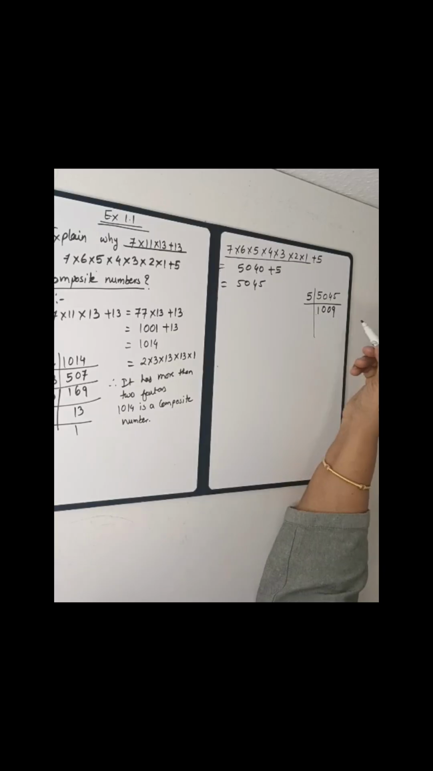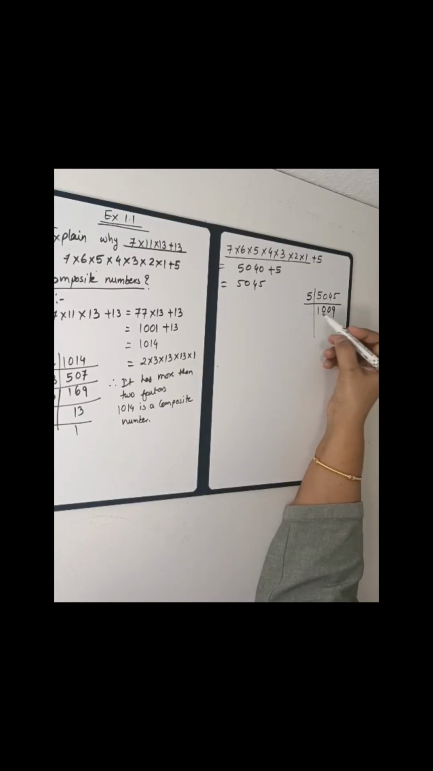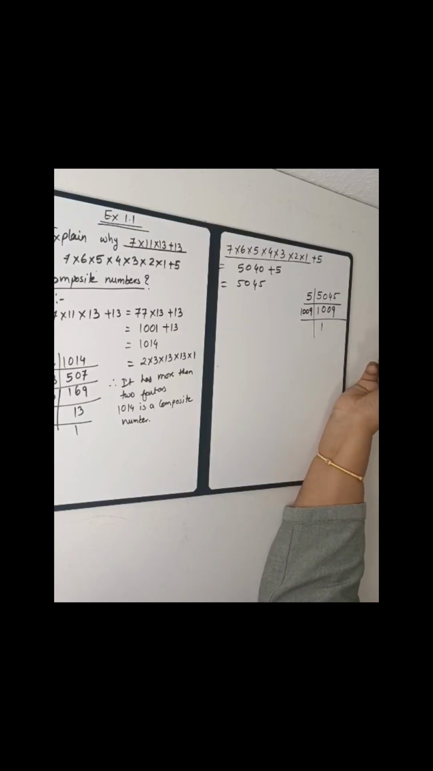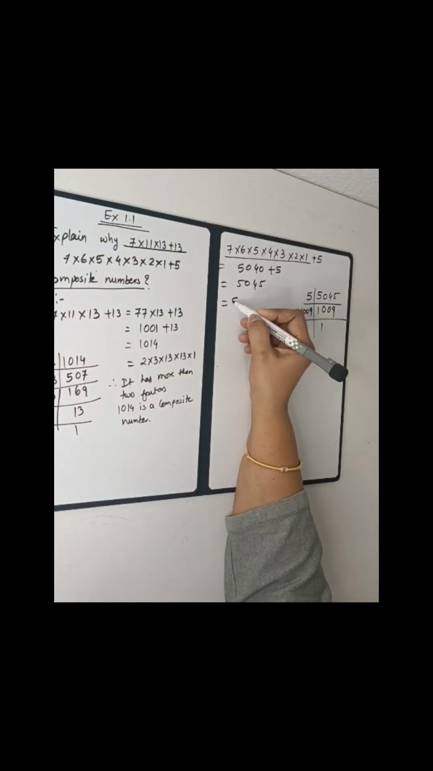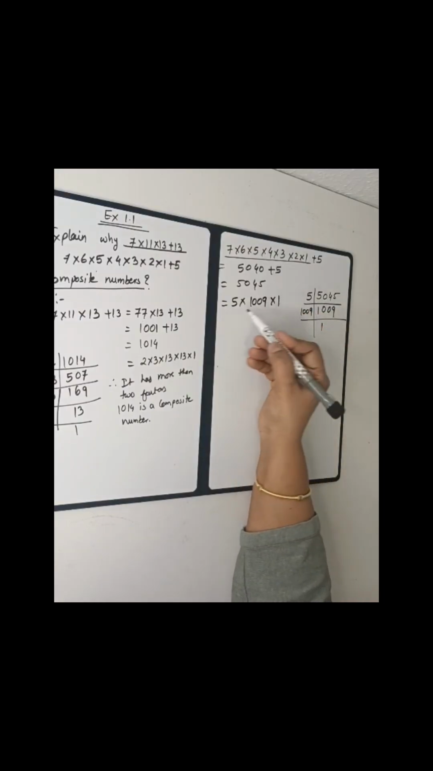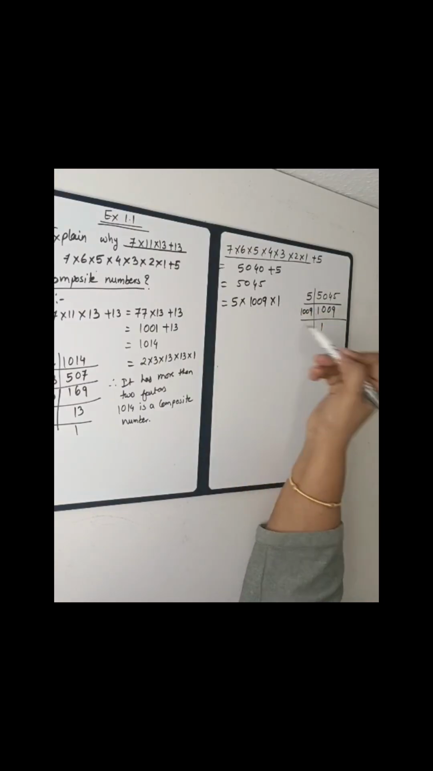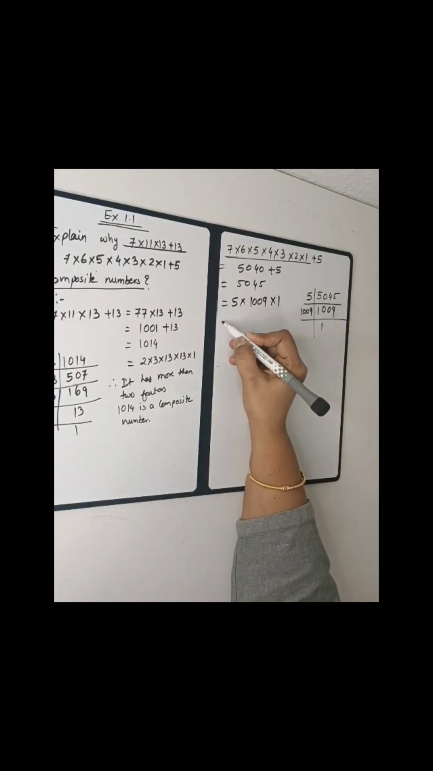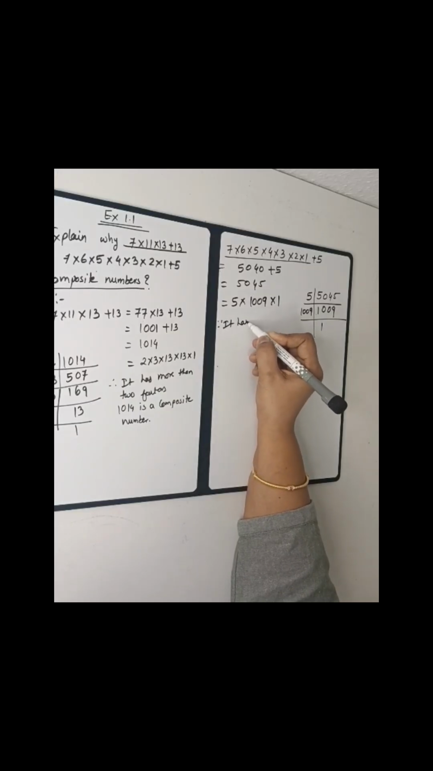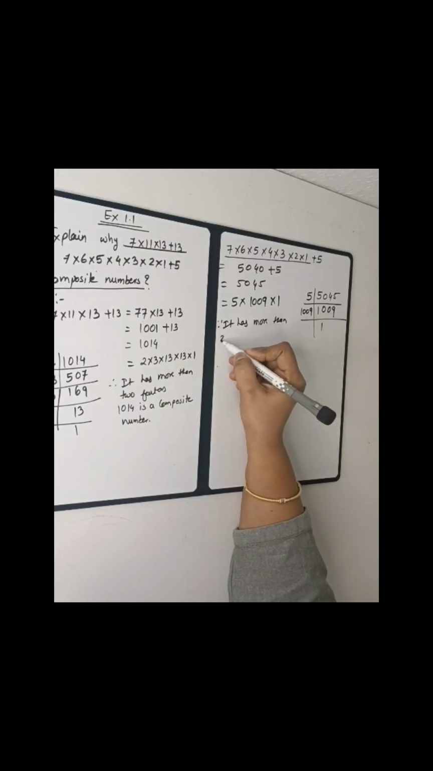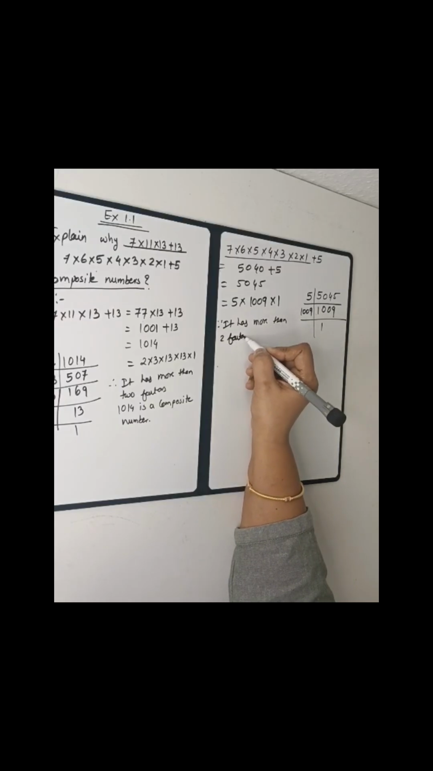1009 itself is a prime number, so it is not divisible by any other number. So 1009 ones are 1009. So you can write this as 5 into 1009 into 1. So you can see there are more than two factors of 5045. Therefore, since it has more than two factors,